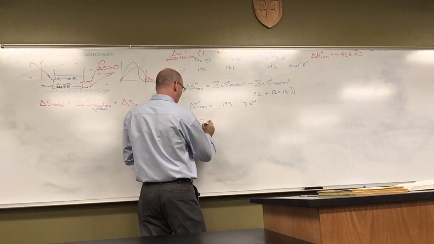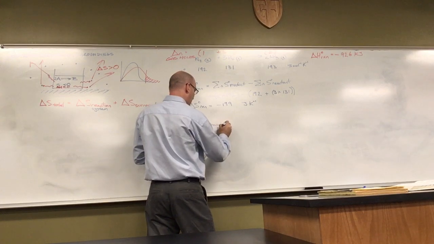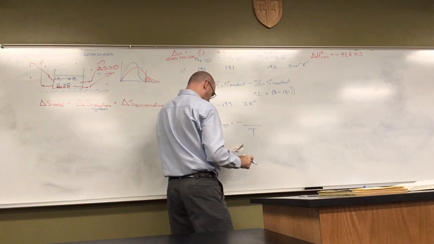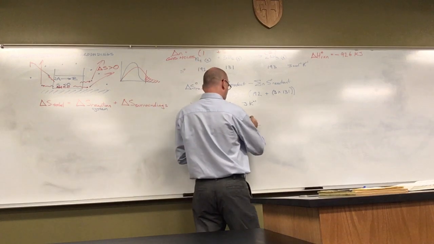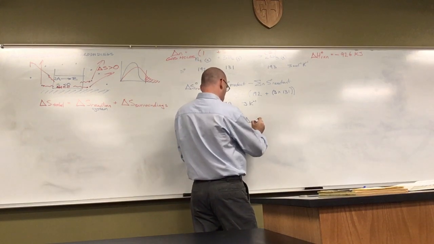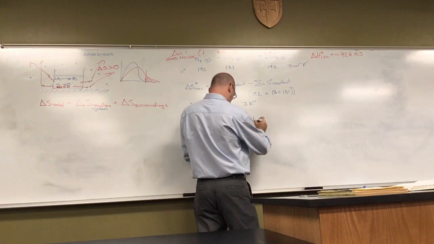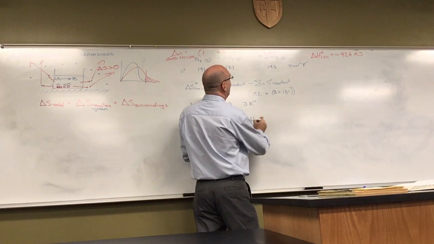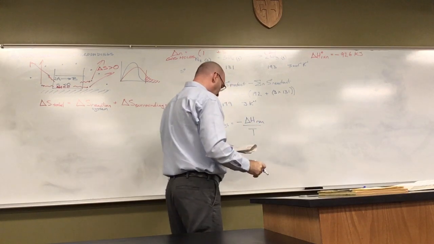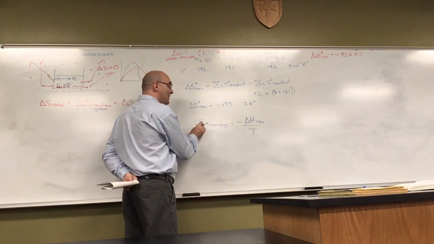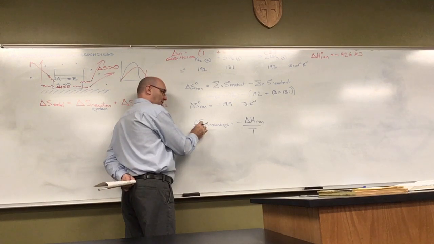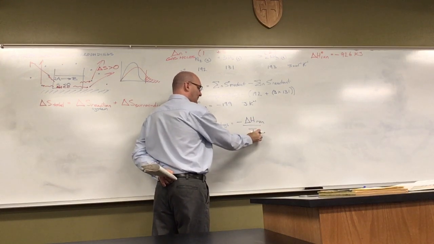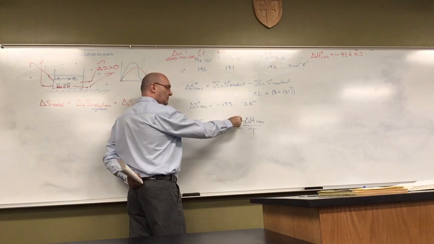That the enthalpy change for the surroundings is the enthalpy change of the, I'm going to call it the system. It's the whole thing. Let's call it reaction. Right here. So the entropy change of my surroundings turns out to be equal to the enthalpy change of the reaction divided by its temperature. And then we're going to turn